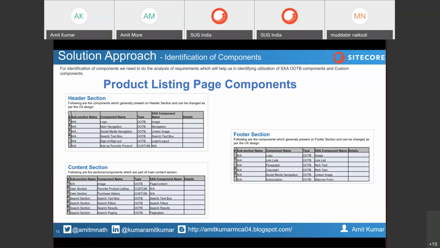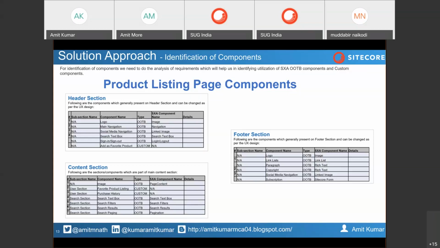But if you have decided you are having more than two websites as SXA, then you can go with SXA itself, because it's better to stick your implementation to one type of implementation. Generally, people follow that type of approach. So in that scenario, you can go with the SXA based approach, and whatever component you are able to achieve with SXA, you can go with that. But generally, I have seen many clients, those scenarios will not come into the picture because they have the same set of application or the same business line or vertical.